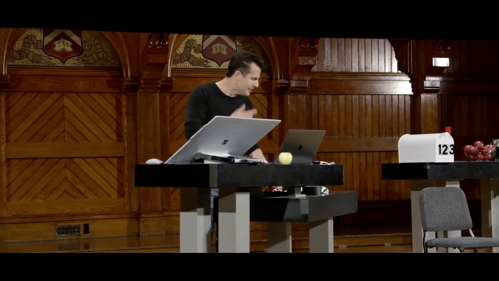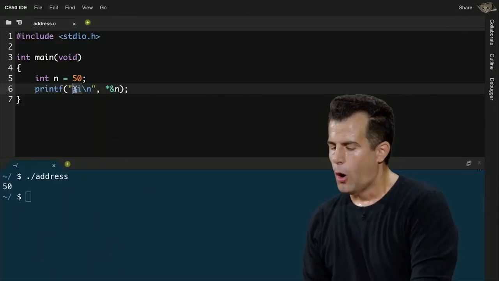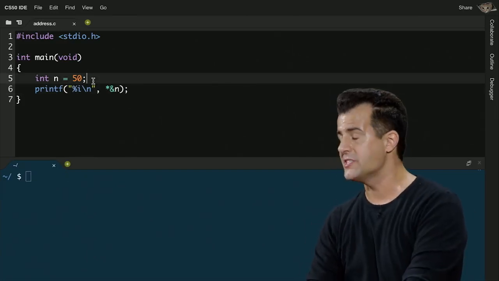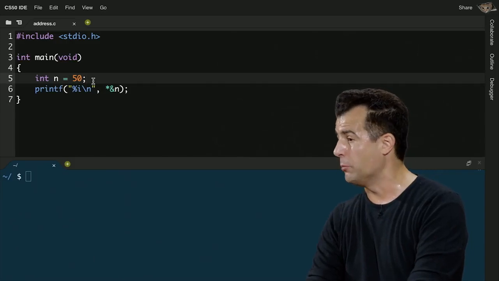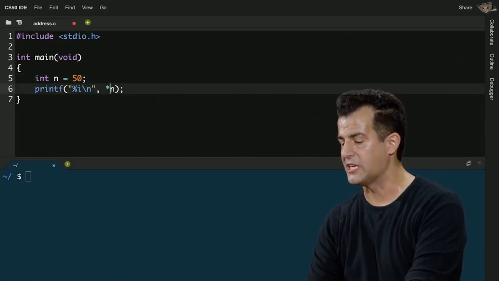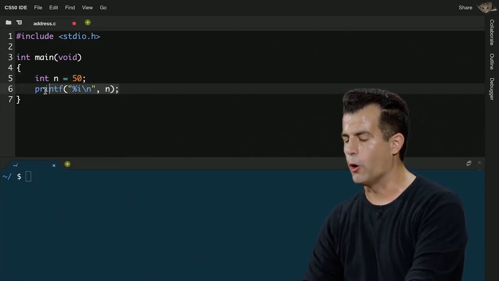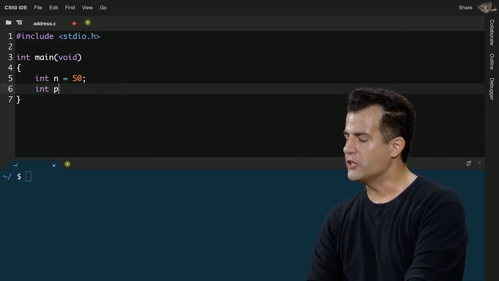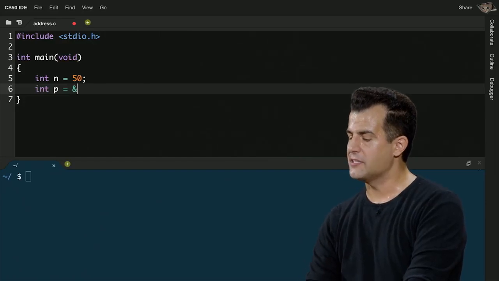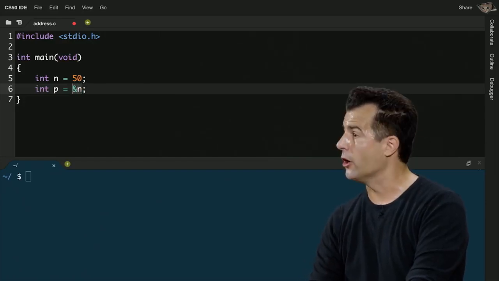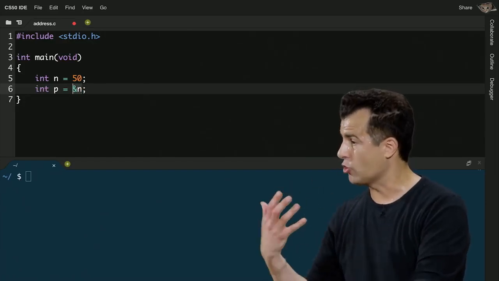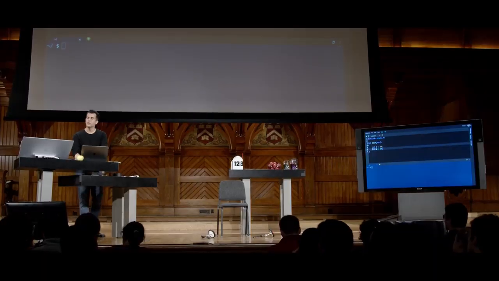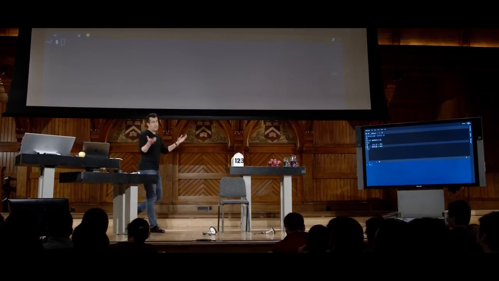All right, so let's just go ahead now and make more clear where we can store information here. Let me go ahead and change this code now as follows. It turns out that you can actually store addresses in variables themselves. I don't have to just do this ampersand thing here. Let me go ahead and declare another variable called p and store in it the address of n. So again, nothing new here. Just says ampersand n, go get the address of n. But I do have to do something different here. On the left-hand side is the name of my variable. I've called it p for pointer.